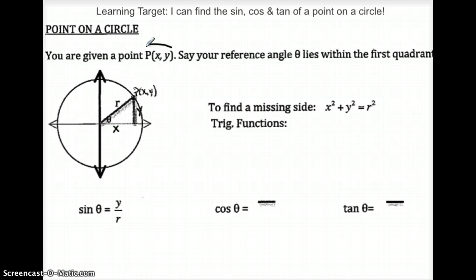You're given a point P, and it has the coordinates x comma y. So this point here represents the point x comma y. You went over x amount and you went up y amount. Theta here is our angle resting at the origin in the first quadrant, and r is just simply going to be our hypotenuse, okay? So we're going to be given x and y values, but we're not going to be given the hypotenuse. So we're going to have to use the Pythagorean theorem to find the hypotenuse, and